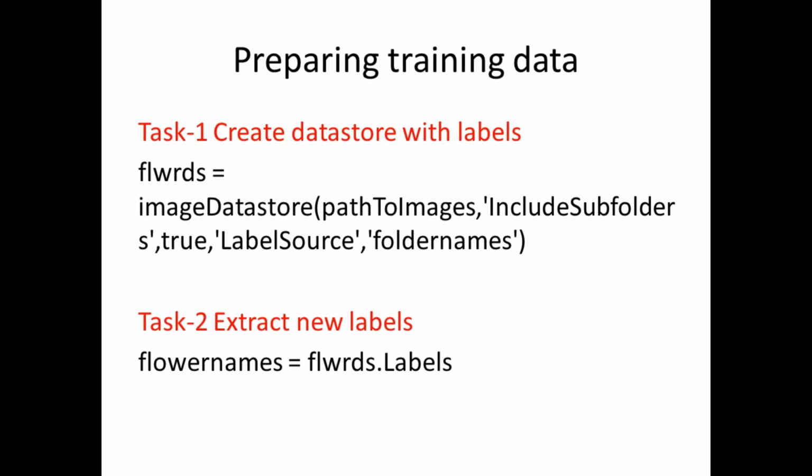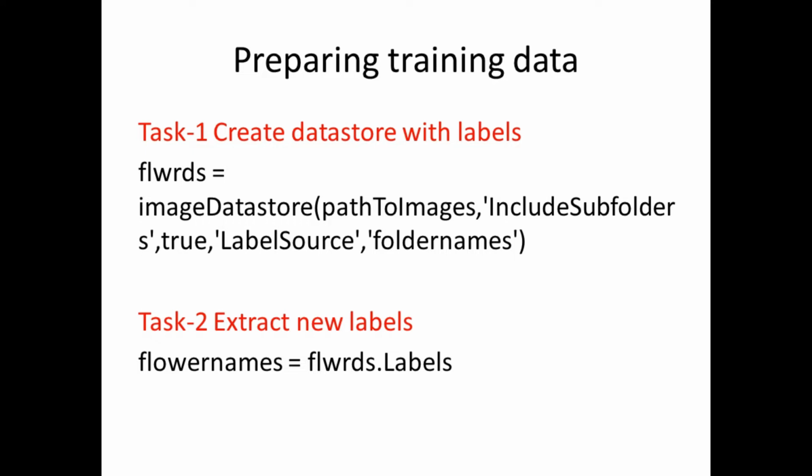In the previous session we have seen how to resize, and how to convert gray to color or color to gray. So all the pre-processing tasks were handled in the previous section, whereas in this section we prepare the data for training and testing. The first task is to create the data store with labels, meaning we need to label the images: what is this image, what is this image, so that once we predict, the category names will also be assigned to these labels.